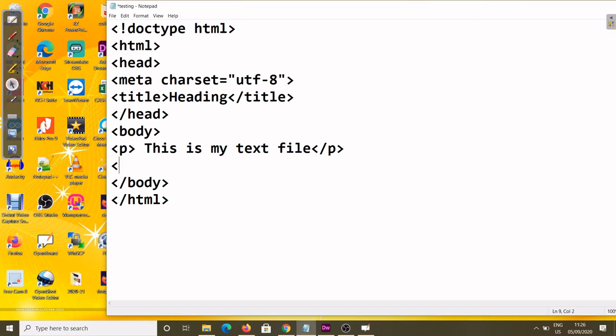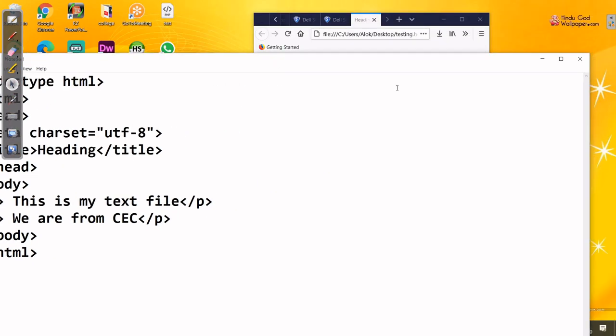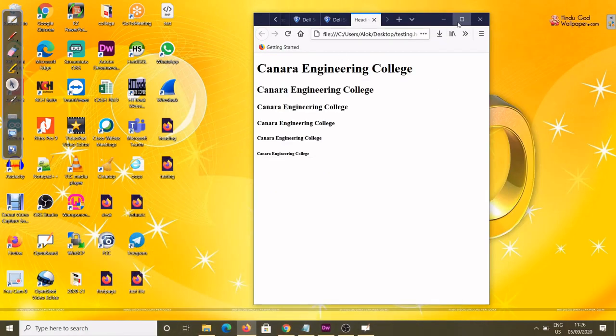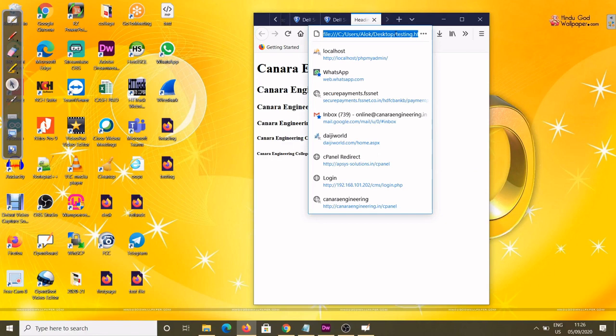Then again second paragraph, again I am taking here, we are from CSC, we are from CEC, close p, right? Just I am saving this file, same file name only, minimize, then we can refresh this page.